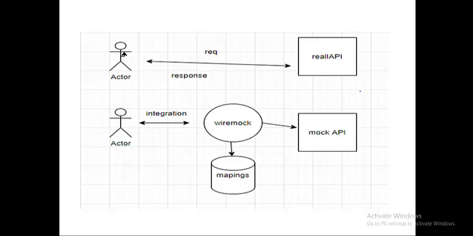But in real time you have a lot of third party involvement as well; in order to give a scenario I've just explained it this way. Now if you look at the bottom figure, how do we actually mock this conversation? I don't have a Paytm or a PayPal API with me in my test environment, but I have to do similar kind of testing. So now what I do as an actor at the integration testing level is deploy a WireMock server. I start a WireMock server, and the WireMock server has its mapping repository.